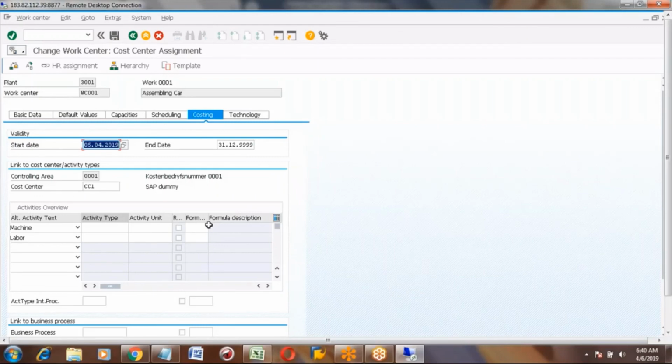Where we have to maintain it means the activity type, and I will tell you those details now. Against machine, this activity type we need to maintain. This value will also be provided by the costing people only. These formulas you can take the same as for scheduling. In the formulas you saw that there is a tick mark for costing also, so these formulas can be used for costing as well.